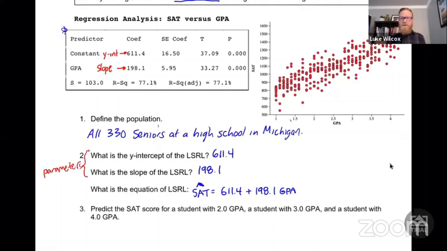And usually when we're talking about parameters, we have some very specific notation symbols that we use for them. So I'm going to tell you the right symbols here. For the y-intercept of this LSRL, we're going to call that alpha. And let's be careful here. This is not the same as the alpha significance level from a significance test. This is totally different, a different alpha. And then for the slope, we're just going to go in order of our Greek letters here. This is beta. So we have alpha for the y-intercept and beta for the slope of the population least squares